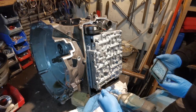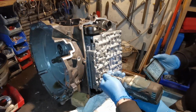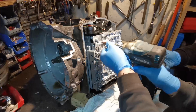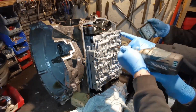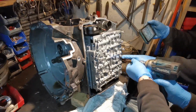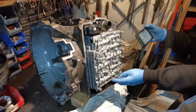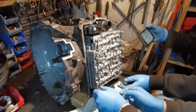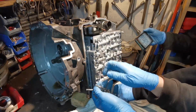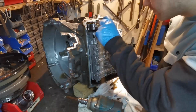So, all the ones outside. So, 1, 2, 3, 4, 5, 6, 7. And this one. One. That's it. And I think now, how about this? Yeah, it's come off as well. I'm surprised there's nothing on the bottom there. There is a little bit of